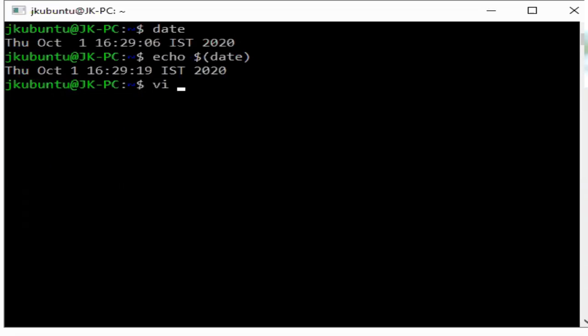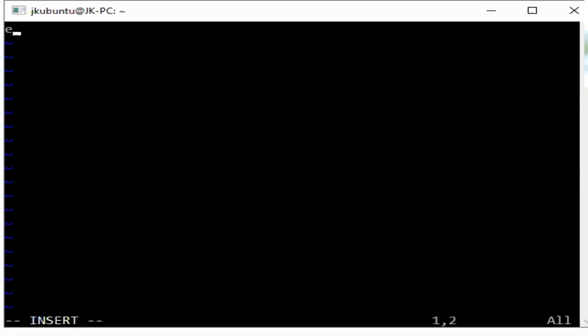So now I will write a small script for the set command. In this, I'm writing echo $date. Now I'm writing a set command, set $date command. Then echo month is $2. Now when I execute it,